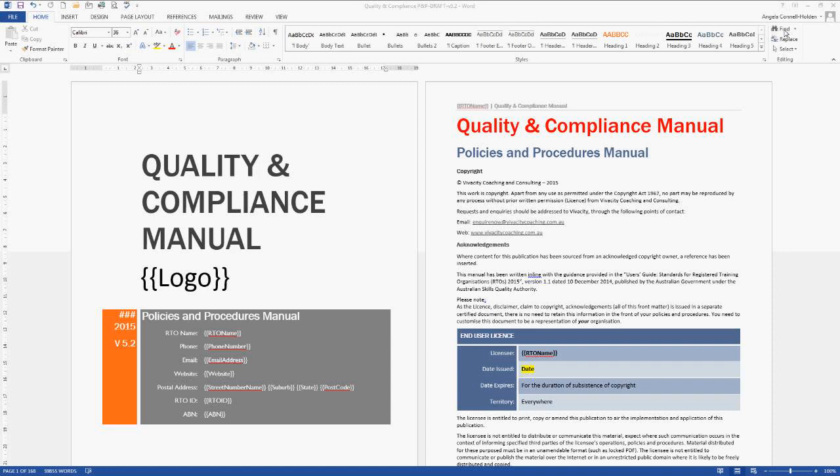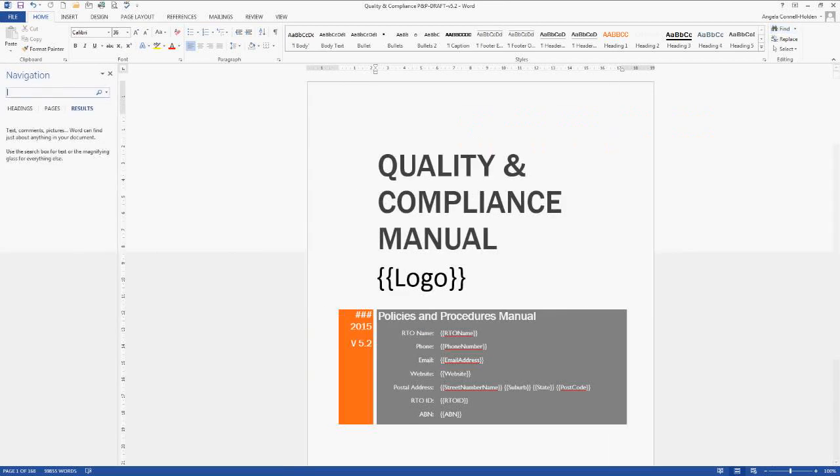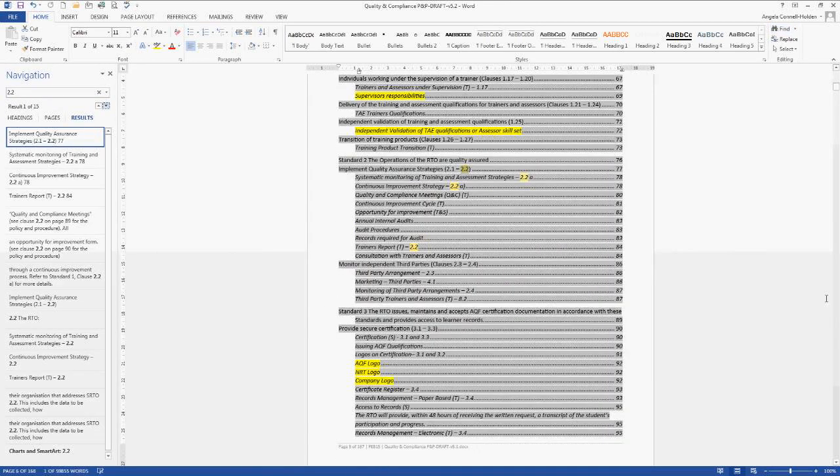This is what you're going to use to identify policies and procedures. If you have a question about anything, you just click on find and search on that word. So I'm looking for Standard 2.2, so I'm going to just do a search. And I do this all the time. I'm always in and out of this policy. Even though I wrote it, I'm constantly in and out of the policy and procedure manual, looking at the standards and how they relate to everything.